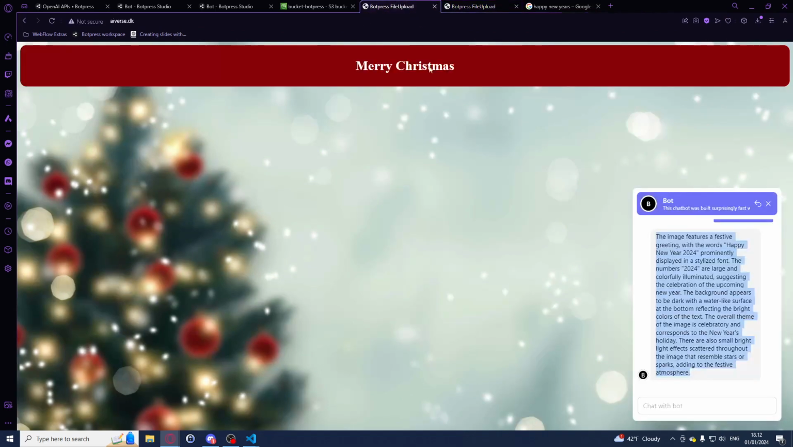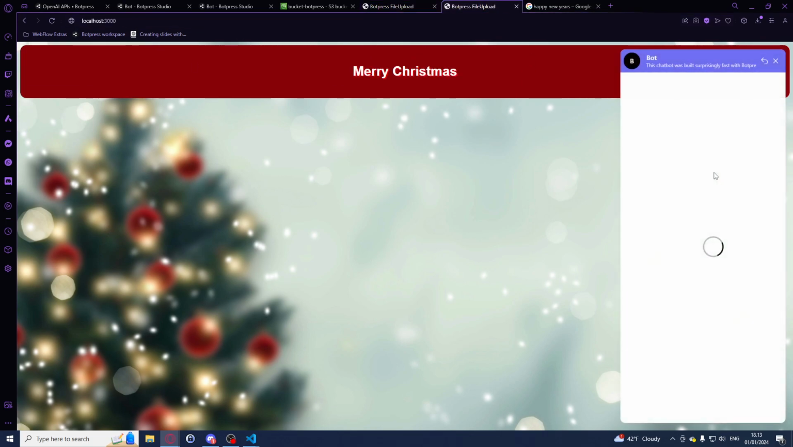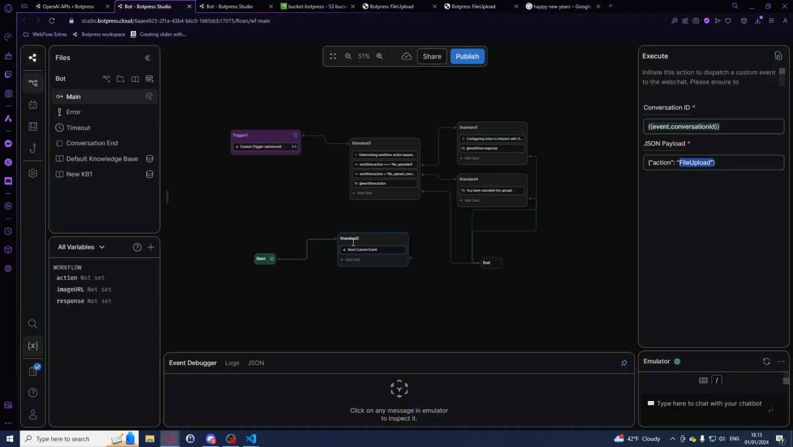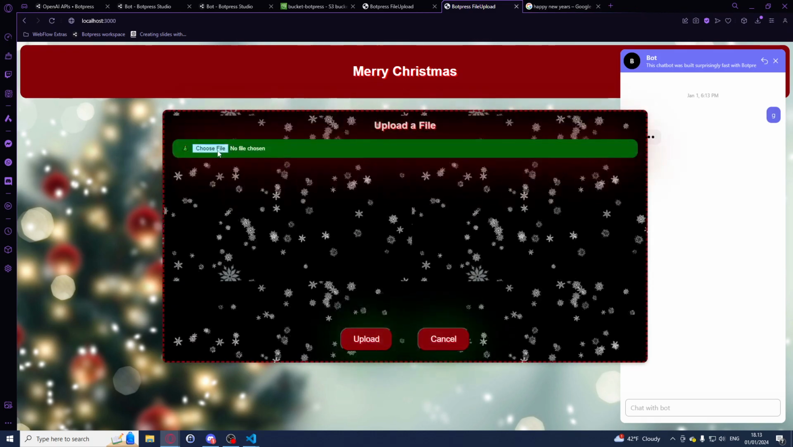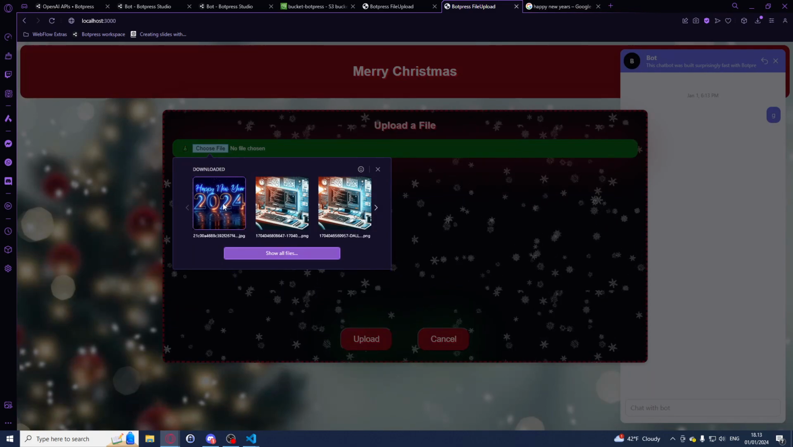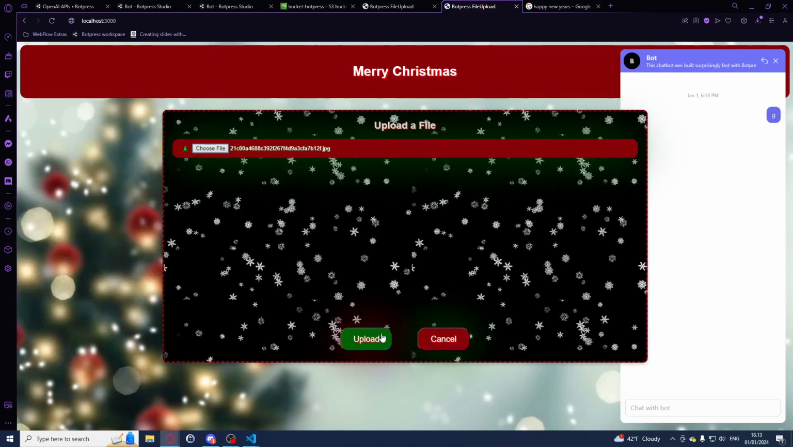As you can see, it's completely the same website as this one, but the bot is not the same. So the bot right here is this one in here. So we are going to initialize the bot like this, and it's going to take a second since the bot has to start up. Right here, as you can see, we got the same modal. We will just upload the same image,